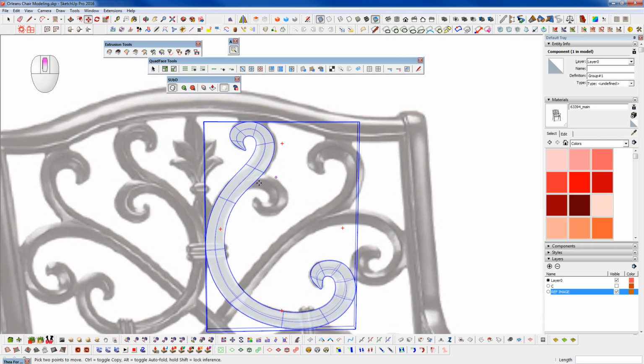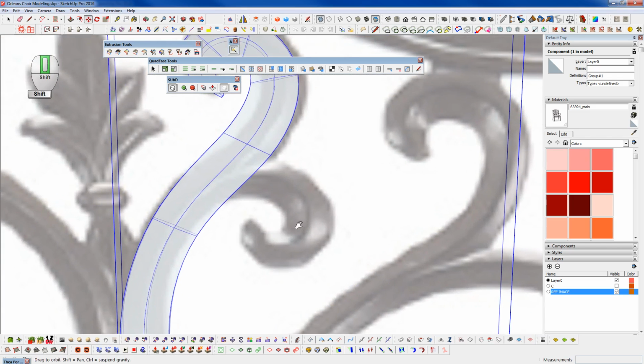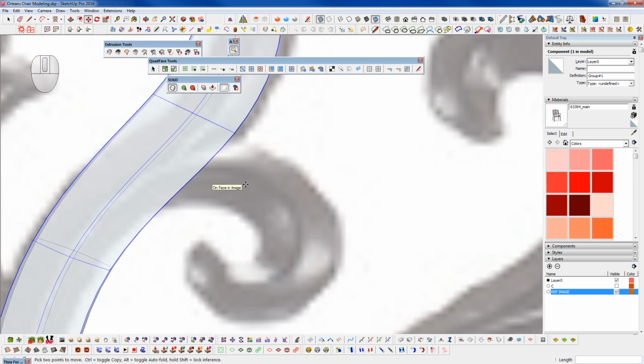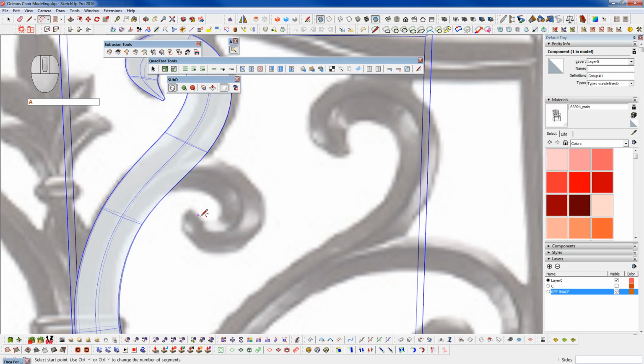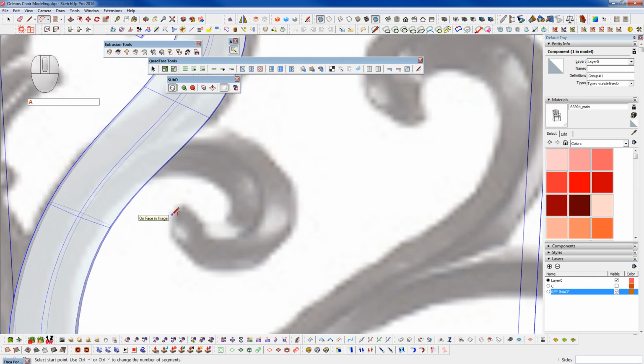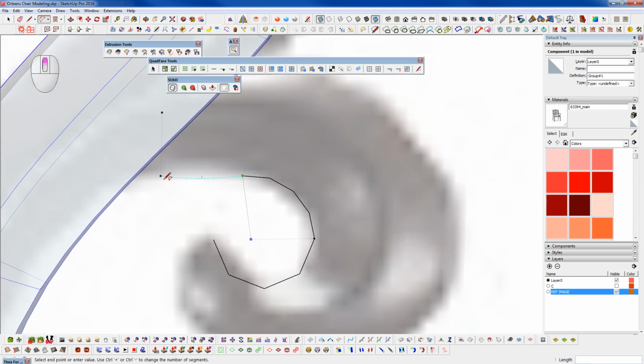And now what I want to do is just build this little piece here. So we're going to do that the same way. We're just going to get in here, and I'm just going to start at this corner here. And we're going to come around and